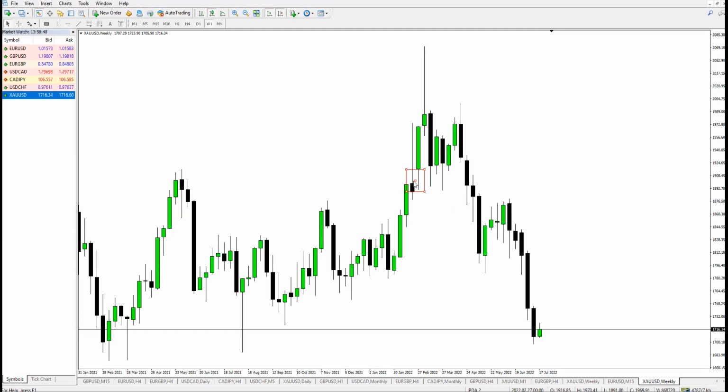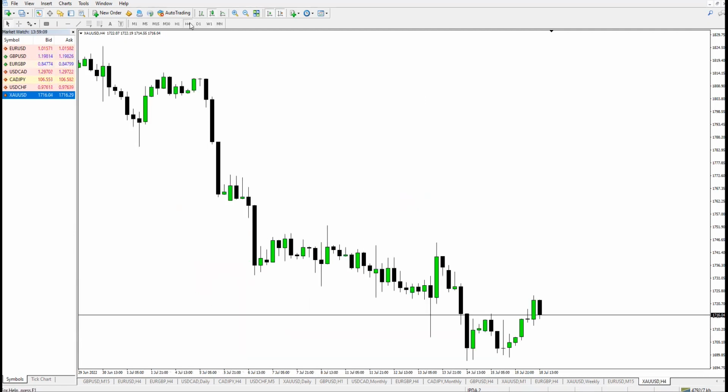Okay. So when this inefficiency, from the closing price of this down candle to the opening price of this up candle, gets filled or traded into, that is seen as something that can be used as a bullish scenario, from this closing price to this opening price. And when you come to a 4 hour,